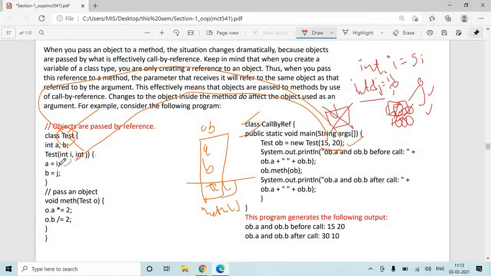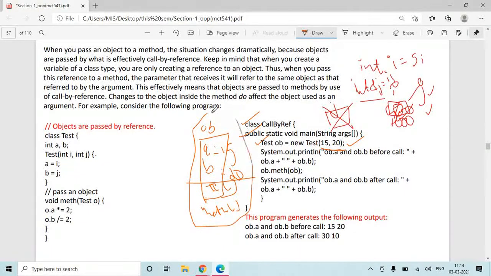Now A is equal to I and B is equal to j. So your A is now 15 and B is 20. By executing this line, you have created an object and assigned the values of A and B as 15 and 20.